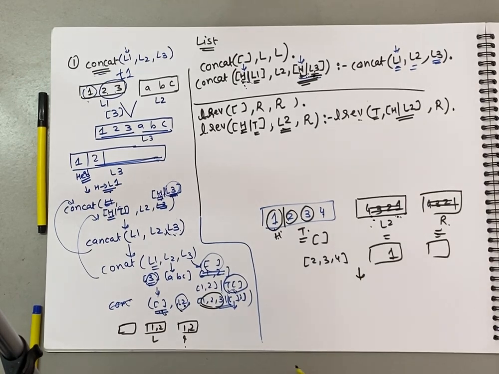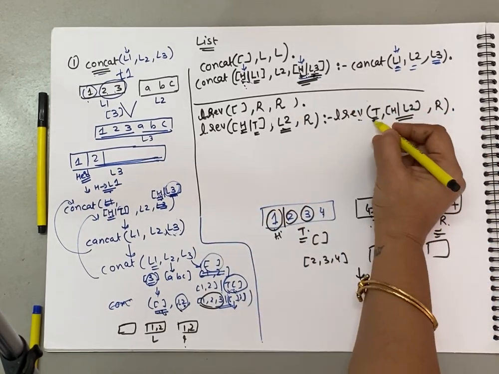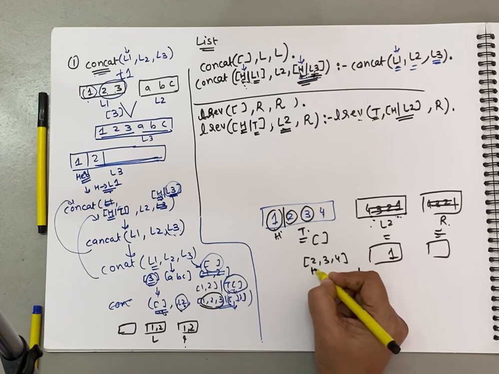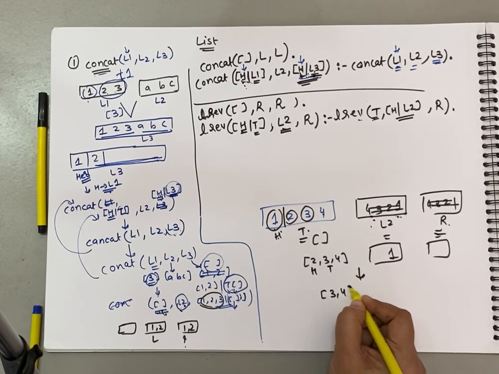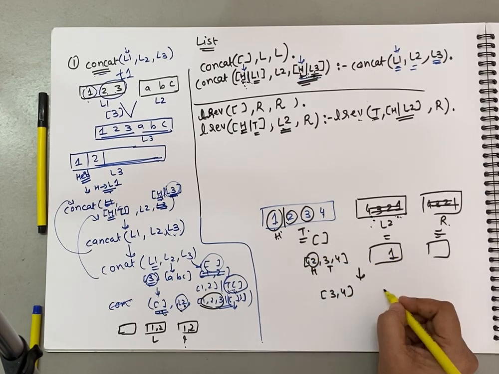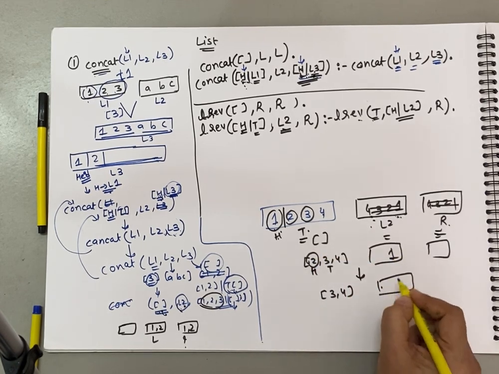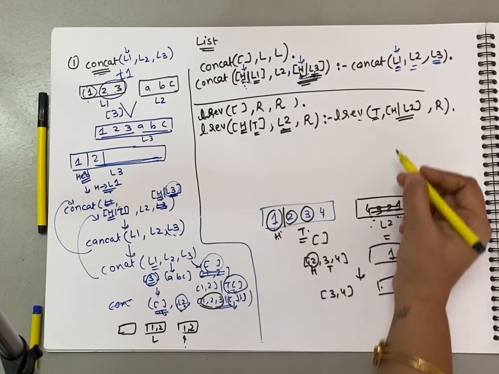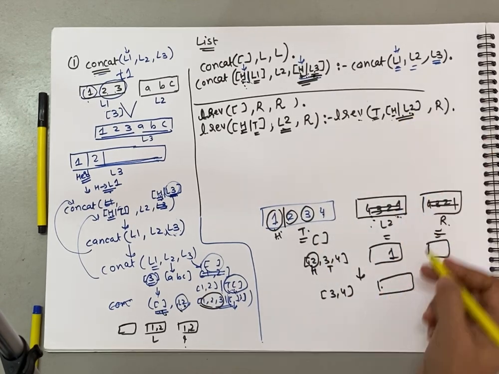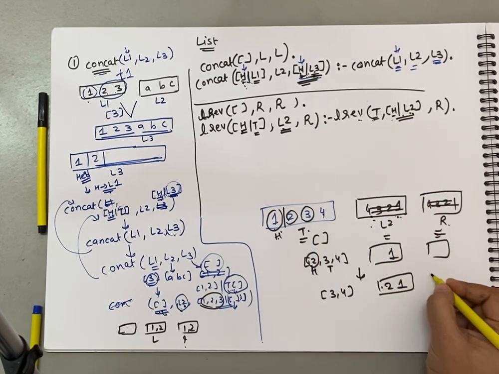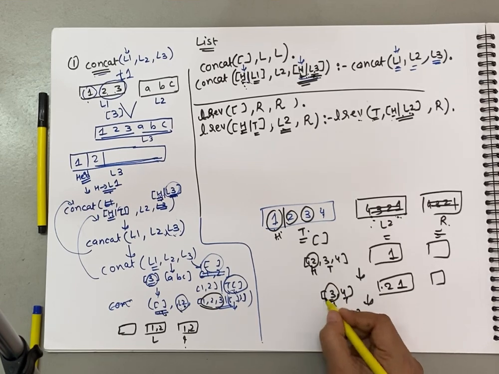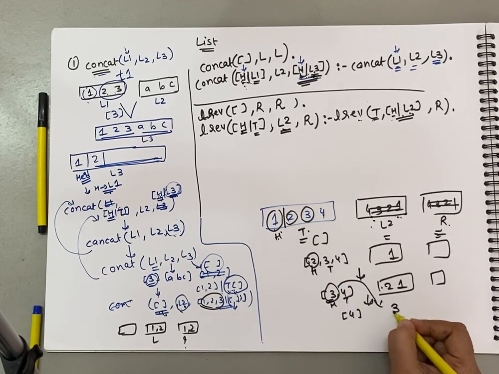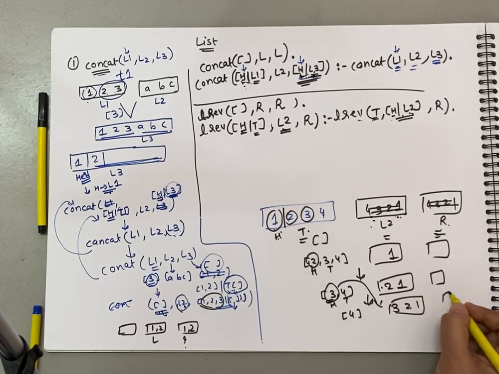Now the next call. In the next call, what are you going to pass? Tail, once again, tail of this. This is your head and this is the tail. So you are going to pass 3, 4, and whatever was head over here should be added here. That head element will now be the head element of this list, so 2 and 1 here, and this is empty once again. In the next call, this is your head and this is the tail. So 4 will be there and this head will be added over here, so 3, 2, 1. This is still empty.